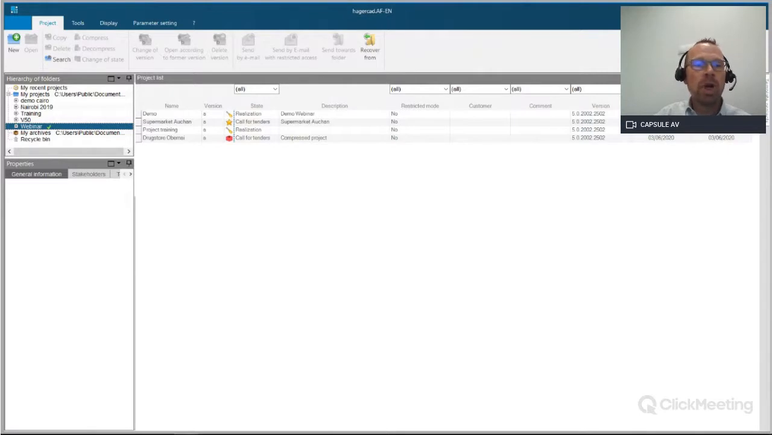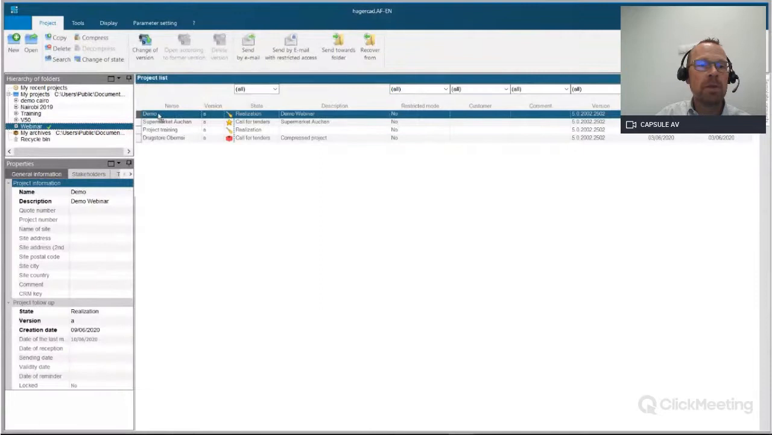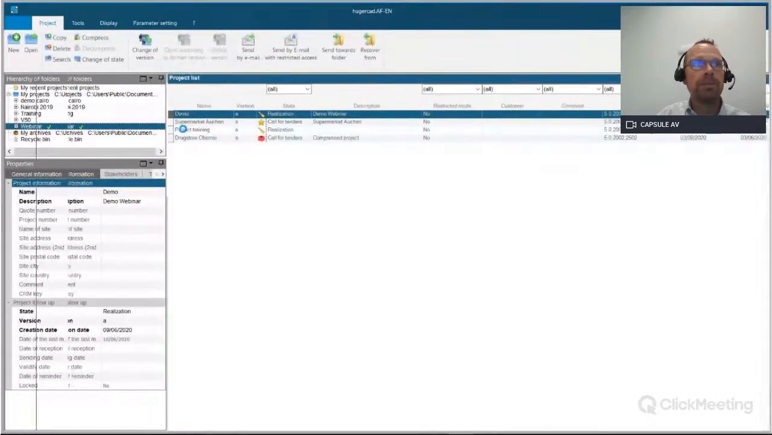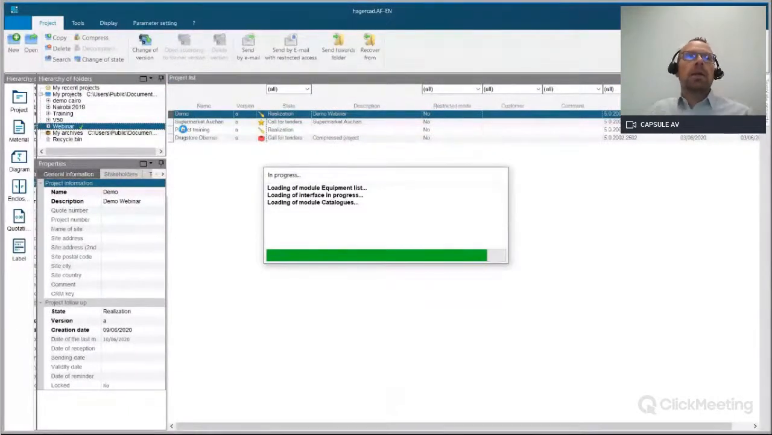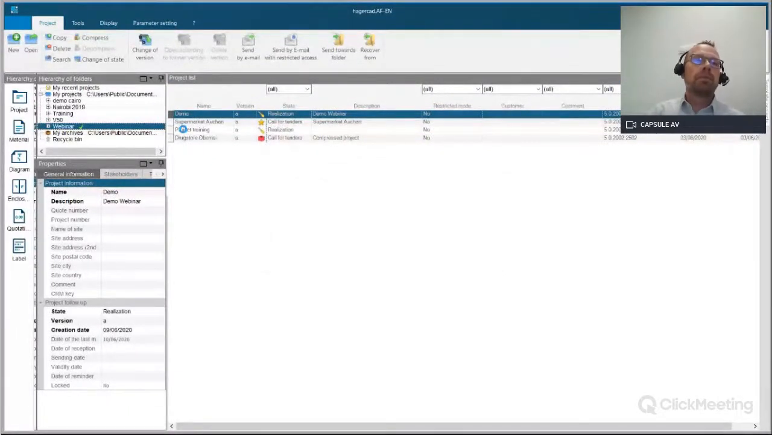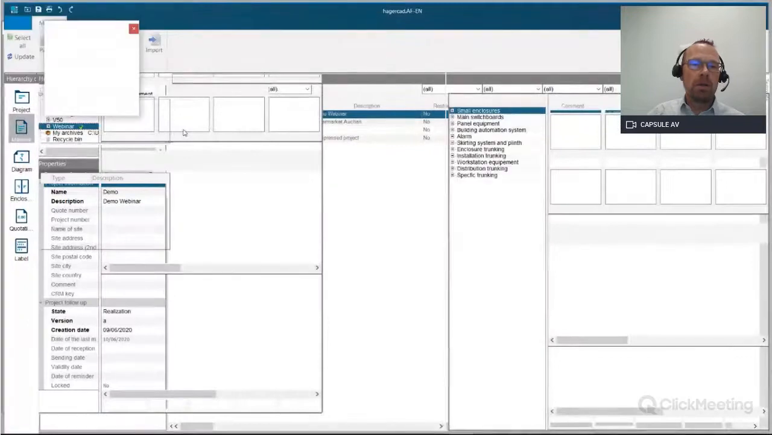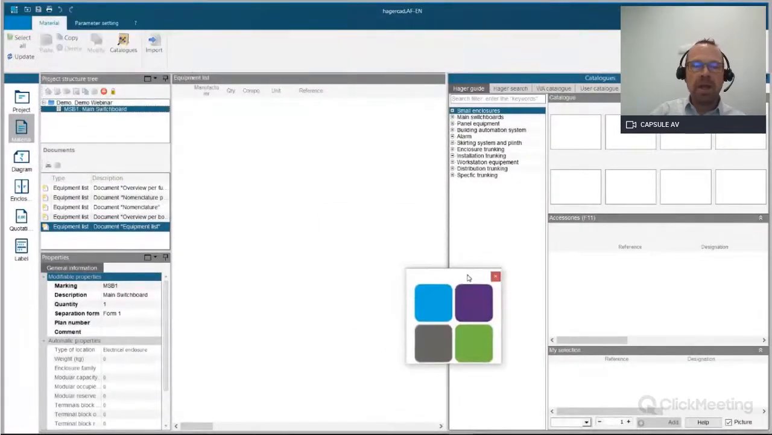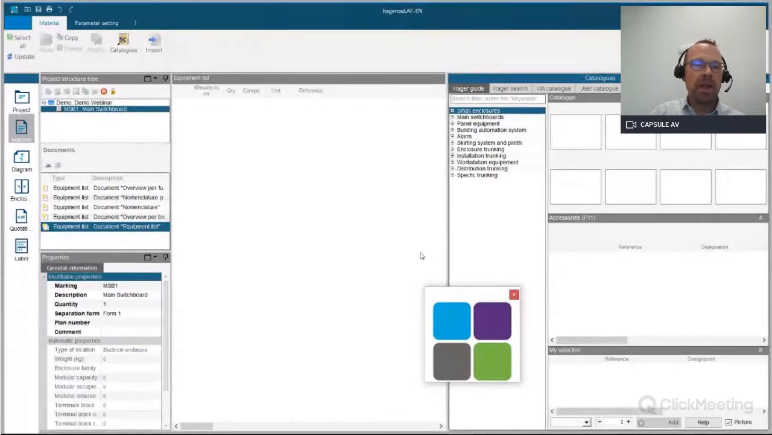Okay, so what I will do, I will open an existing project, for example, this one. So I open my project. Now I'm in the project. Of course, it's an empty project. So what I will do in this project, I will start by adding devices inside my bill